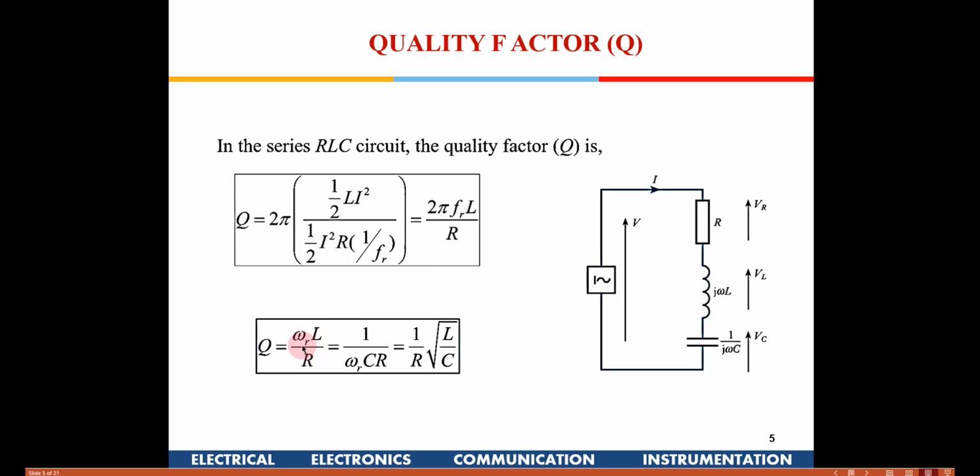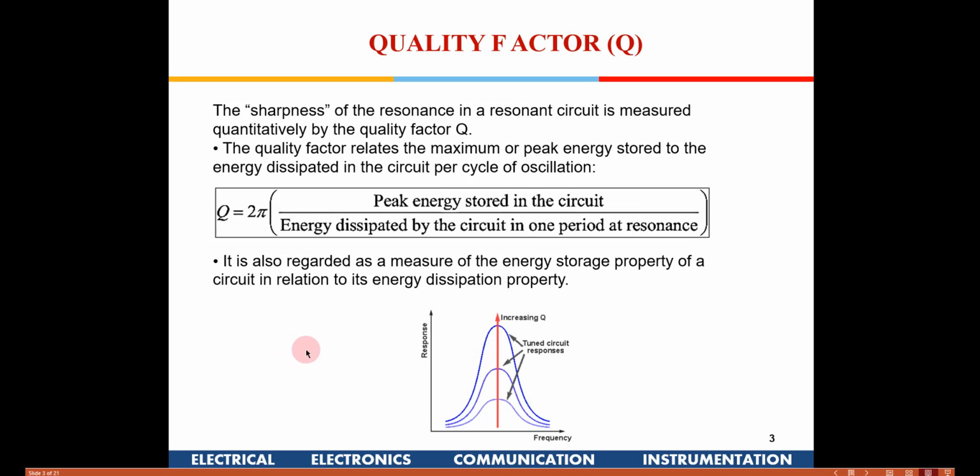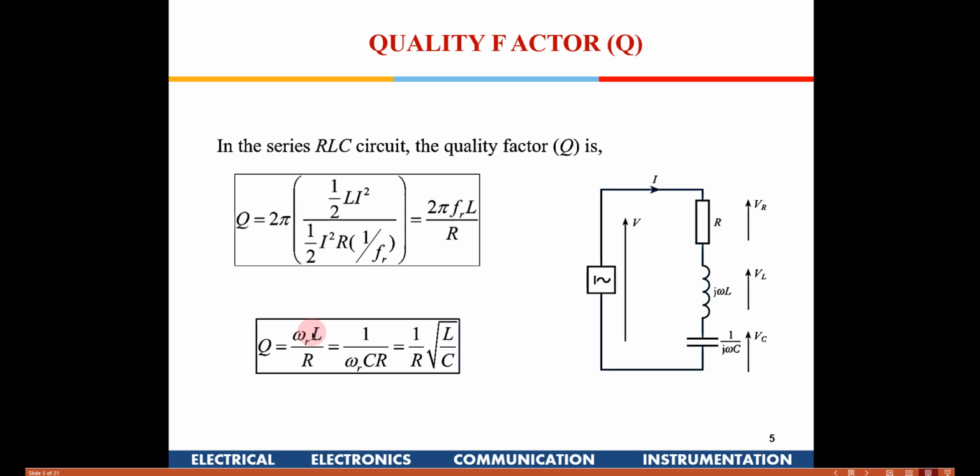Again, we can do these substitutions also. Alright, and 2 pi Fr is omega R, so L omega R by R. So this can be written out here, and also we can write in terms of capacitance, right? Because here L omega R is, as we found out, omega R is equal to 1 by root LC. So we can write this L omega R as 1 by omega R C also here, right? So this gets modified. So in terms of C and R, the quality factor is written here.